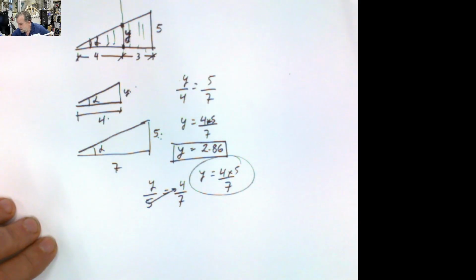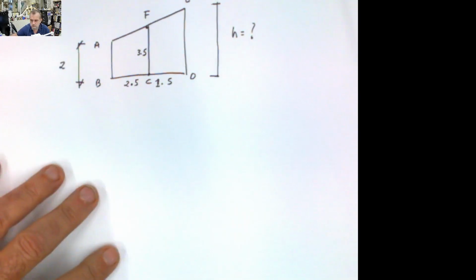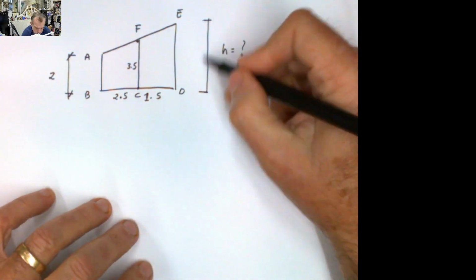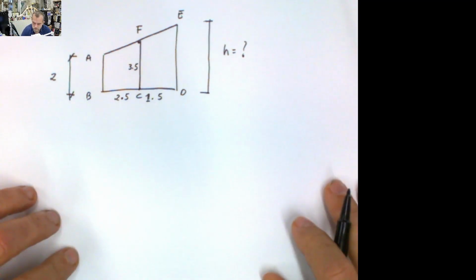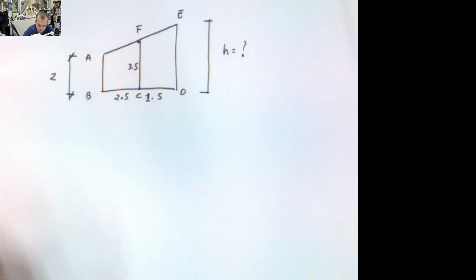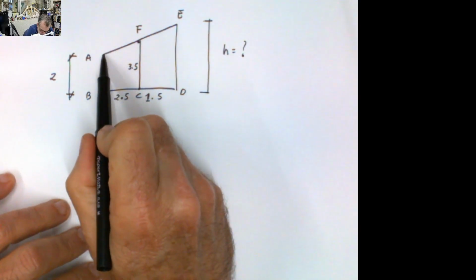Let's try a different one. I'm going to put all of the examples in one. So let's say that you have now this part and you want to calculate this h here. As I said, there are always several ways to do that, but what I do when I do this type of problems is this. I draw a line here,